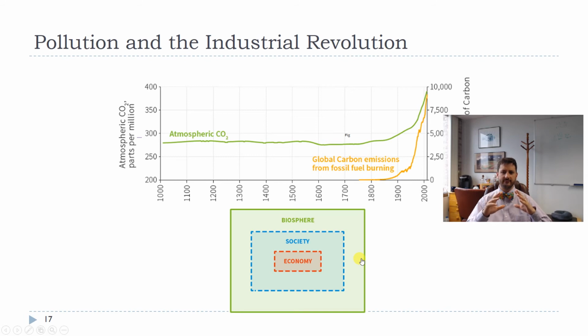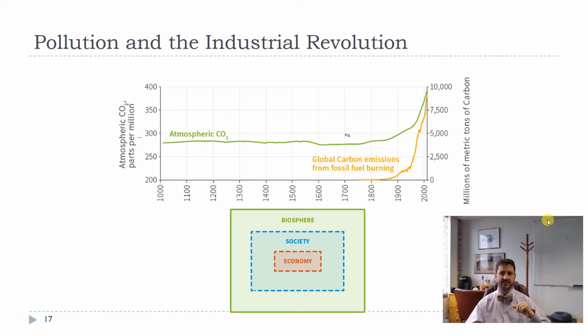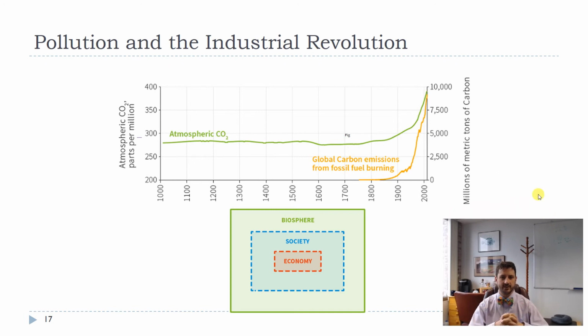So another important factor in this chapter is the idea that the economy is one piece of our human society, right? So we have in this graphic on the bottom here, the economy inside society, right? So there's a whole bunch of human society that takes place outside of economics. And then that society itself, of course, is placed within the biosphere, basically just meaning, hey, we're all on this planet, we're not going anywhere else anytime soon, and so we have to think about how all of these things